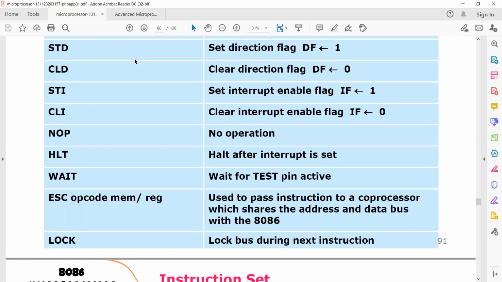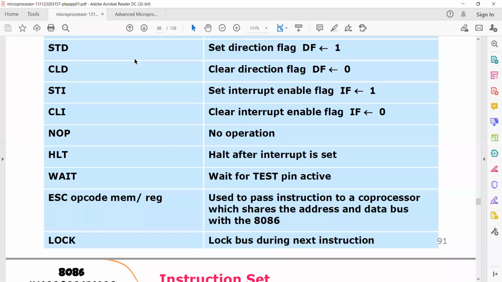Okay, so as you know, we have been trying to establish the relationship between this instruction set and the addressing modes from the starting of the instruction set itself. Similarly, we'll also try to establish the relationship between these processor control instructions and the addressing mode. That means to which addressing mode these processor control instructions belong. Try to understand one more time. I'll repeat. To which addressing mode category do these processor control instructions belong?